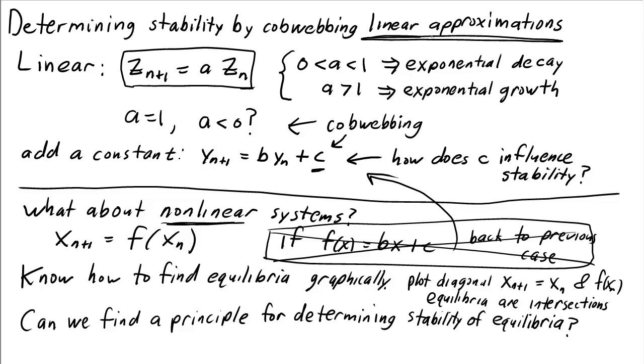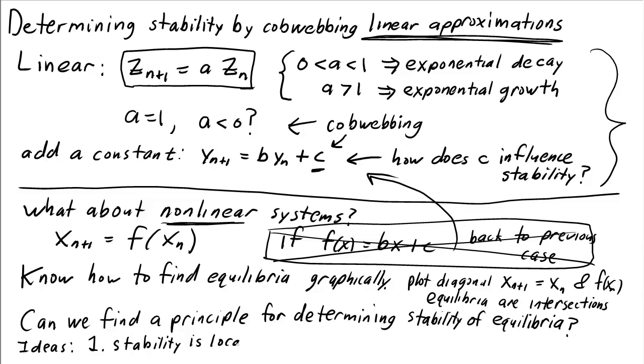We're going to use a linear approximation so that we can take the results that we learned here and apply them to the nonlinear case. Our strategy is going to be based on two ideas. One is that stability is a local property. If we want to analyze the stability of an equilibrium, we only care about the behavior of the function f